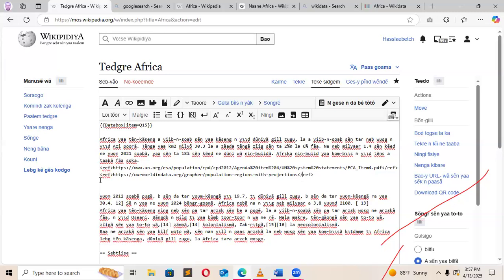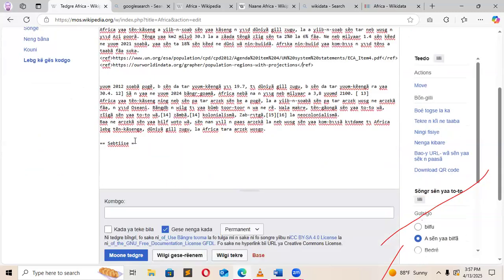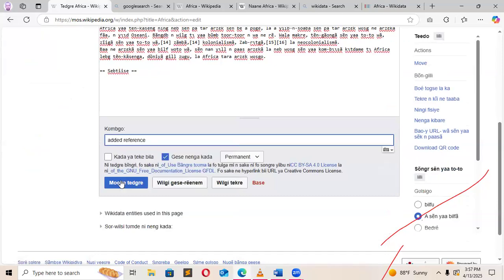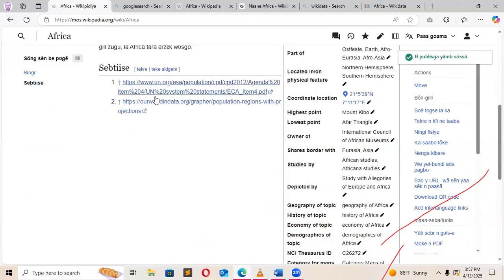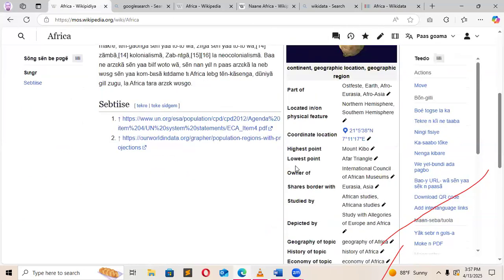So okay, let's just publish it and I'll do it from there. So what have I done? I added a reference. So I'll publish. When I publish, the 2 has come. So 1, 2. You can see that 1, 2. Now, simple, we have done the addition of the data box. We have done the addition of a reference. And this one, very soon, it will be modernized, so we can't go through this long procedure again.